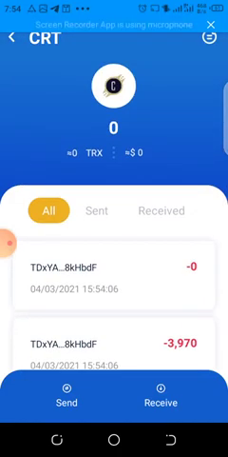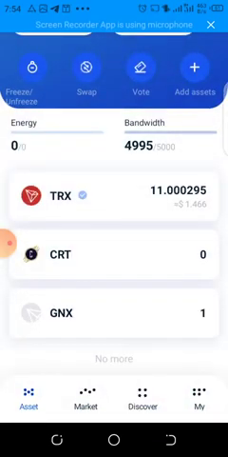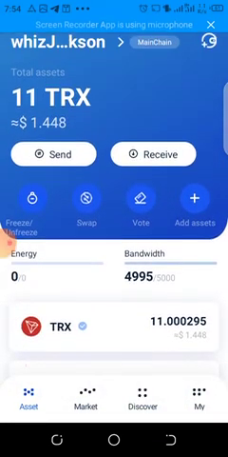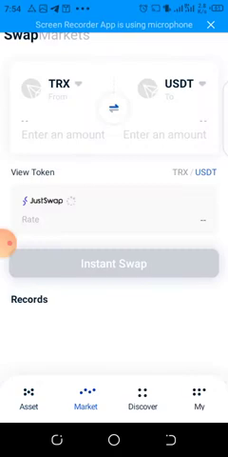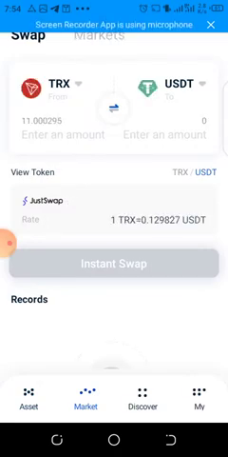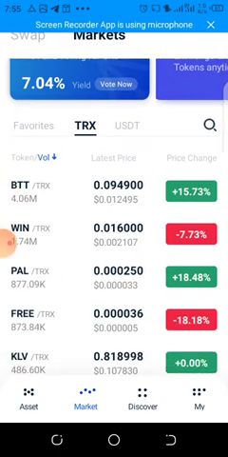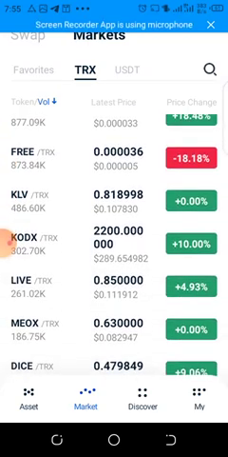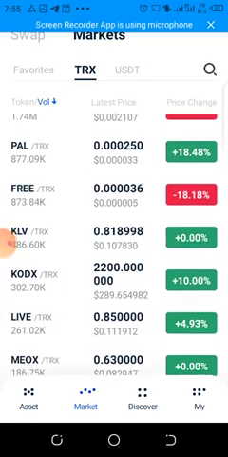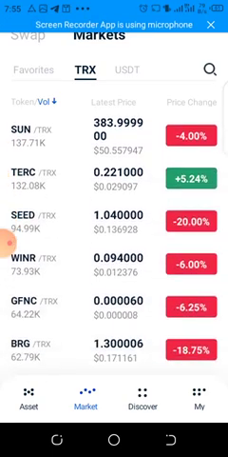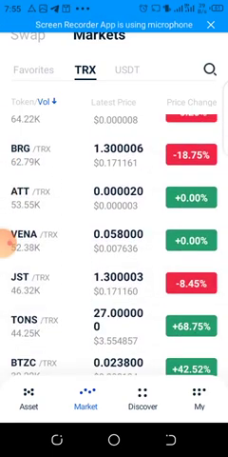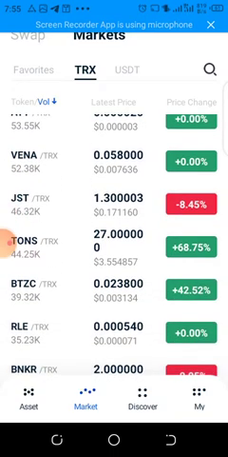After copying the contract address, just go back. Check your front wallet. You see swap. Click on the swap. When you click on the swap, it will open like this. You can see the swap market, and if you click on market, it will try to show you other coins that you can get. So these are the coins that you can easily swap your Tron to.